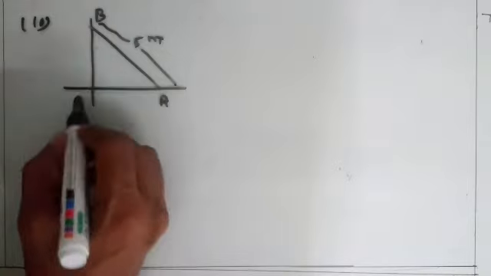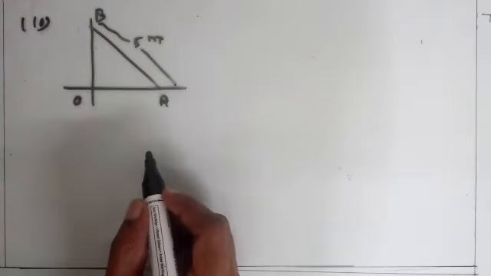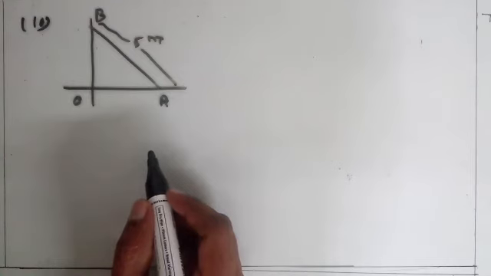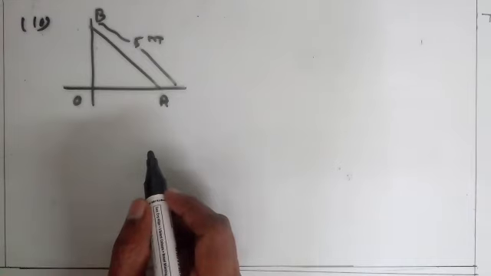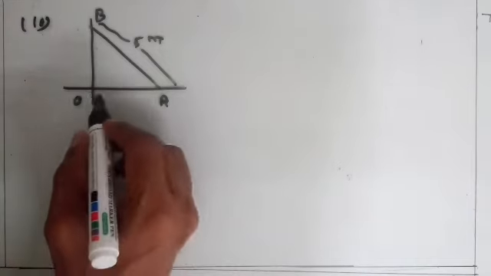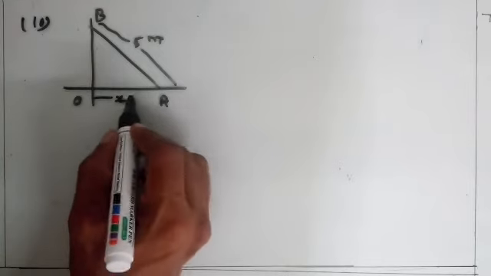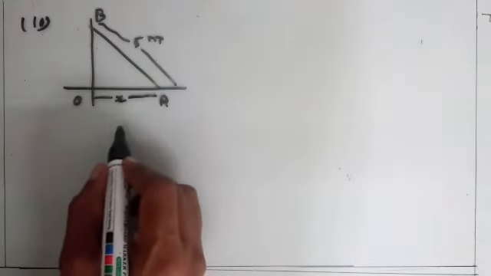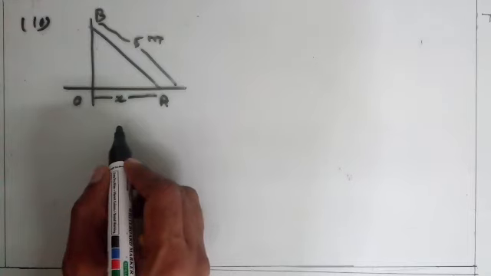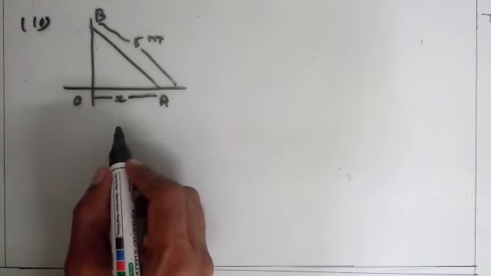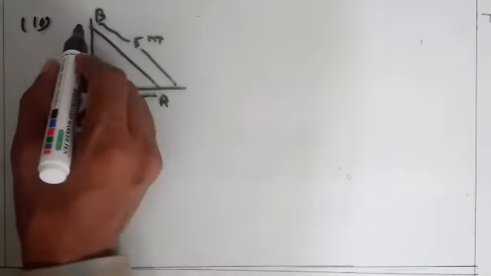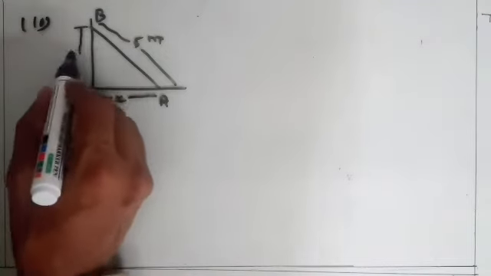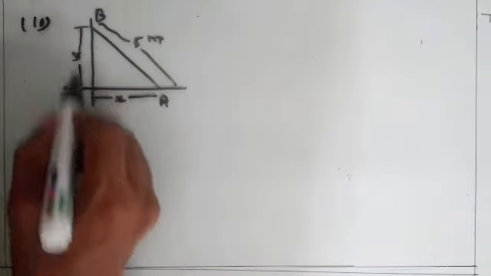Against a wall. Take OB as the wall. The bottom of the ladder is pulled along the ground away from the wall at the rate of 2 cm per second. Suppose OA is equal to x, then dx/dt is equal to the given 2 cm per second. How fast is its height on the wall decreasing? Here we want to get dy/dt if we take OB equal to y.